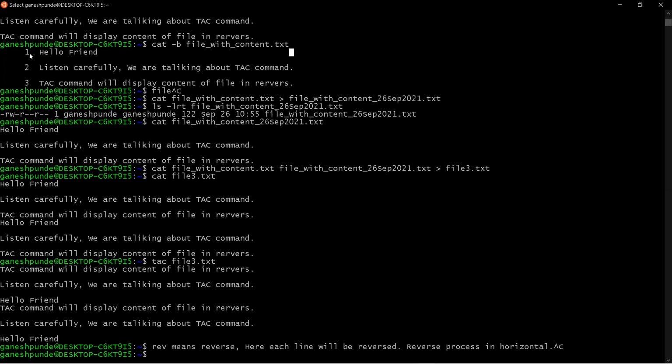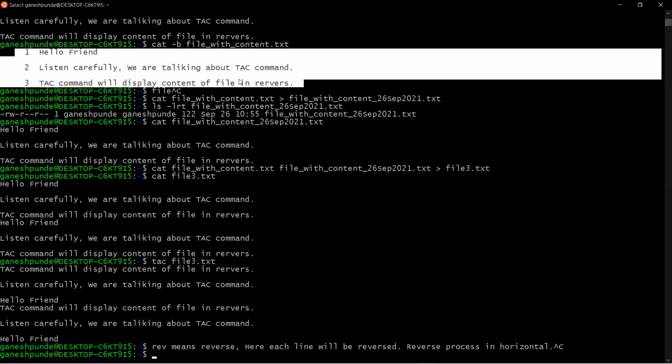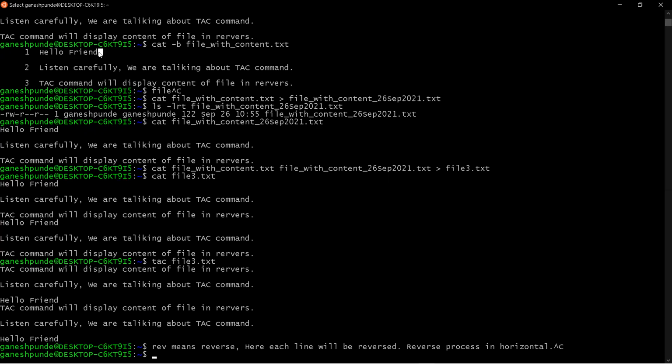We have 3 lines here. Instead of printing the line from this side, it will print the line from the other side. Means E will come first, N second, then E, I, R, F, then space, O, L, L, E, H. So it will reverse.